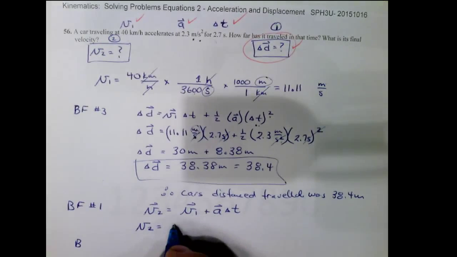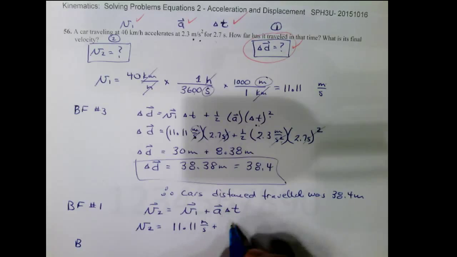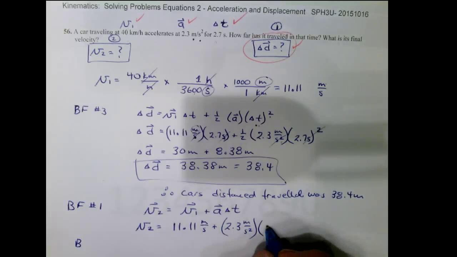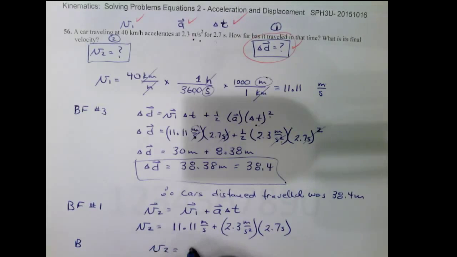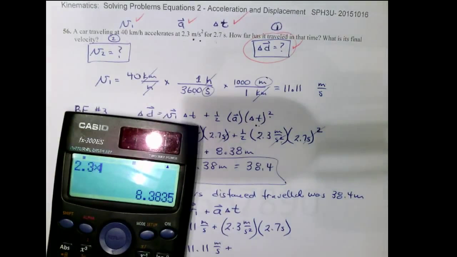So v1, that was just a conversion, v1 was a given, plus the acceleration. The acceleration is 2.3 meters per second squared times 2.7 seconds. So v2 equals 11.1 meters per second plus 2.3 times 2.7,